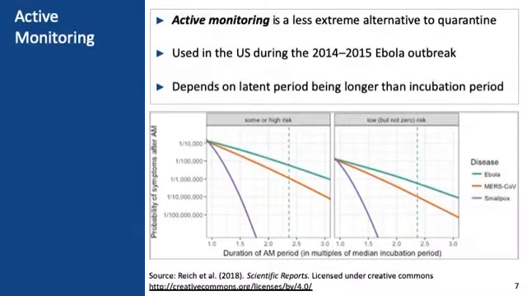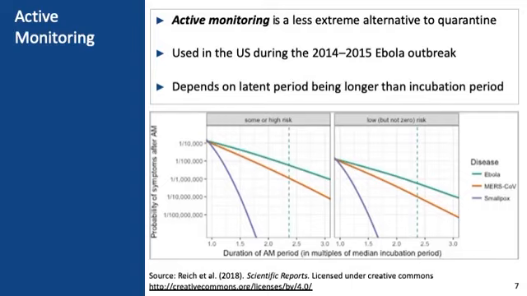Quarantine is not viewed as positively in this day and age as it used to be, because we generally don't feel like it's okay to take people who may or may not be sick and have no symptoms and force them to be isolated from the rest of the population, though it's still used occasionally. A less intrusive alternative to quarantine is active monitoring, and this was a strategy that was used in the 2014-15